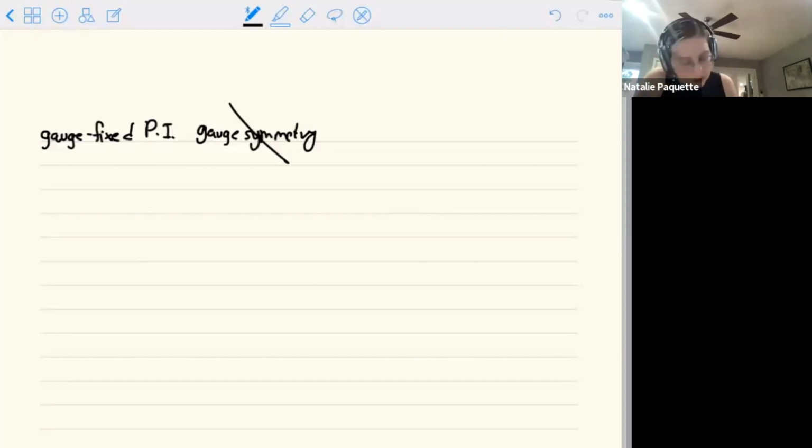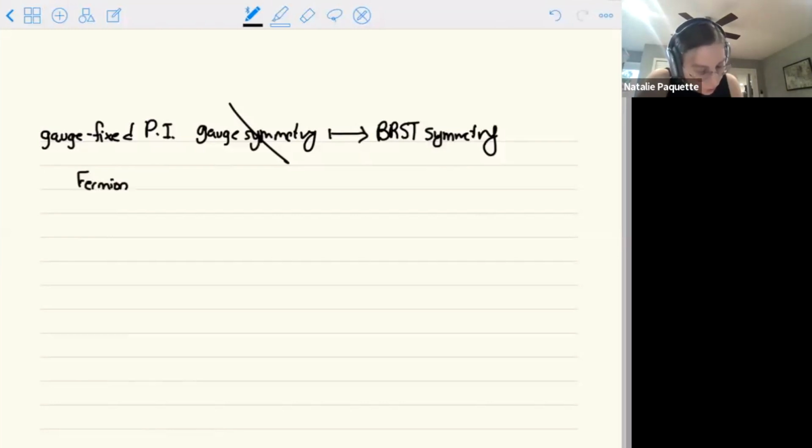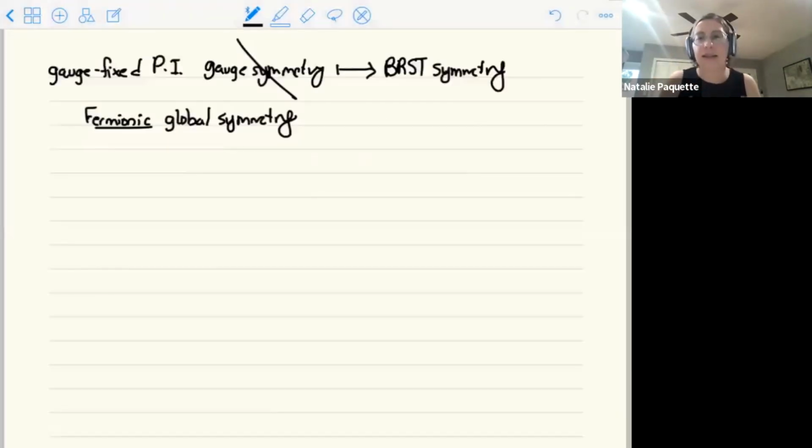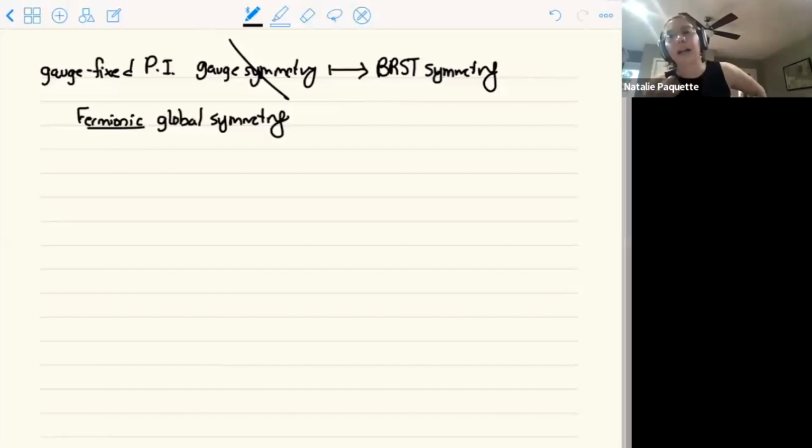So we no longer have gauge symmetry in the game, but in the BRST quantization, what we have is a new emergent global symmetry called the BRST symmetry. And this is a fermionic global symmetry. It ends up essentially replacing what used to be a gauge symmetry and trading it for this interesting global symmetry that we can work with. So just to remind you, how does the BRST symmetry act on the space of fields in our theory? The details aren't important for this lecture, but hopefully just to get some bells ringing and remind you of some familiar things. The BRST variation acts on our original gauge field